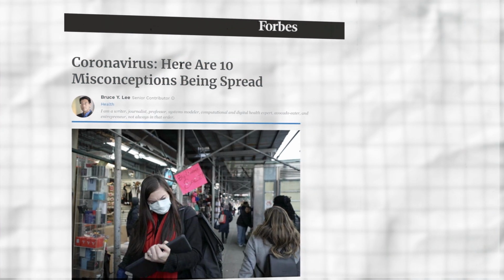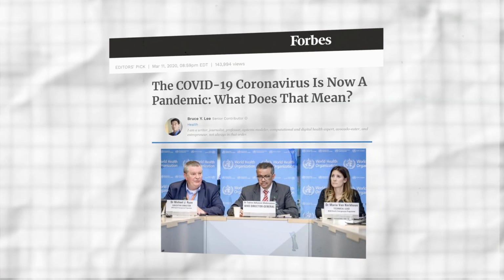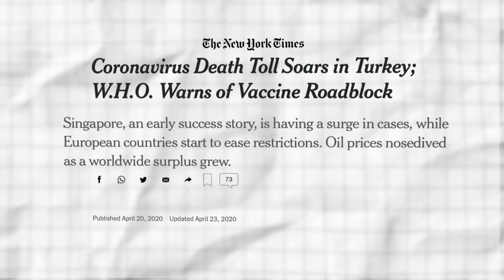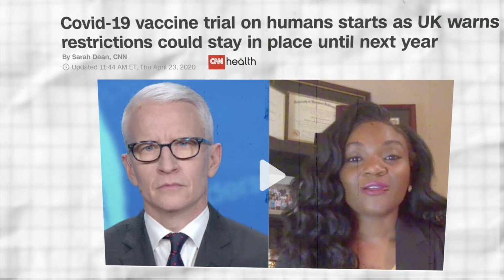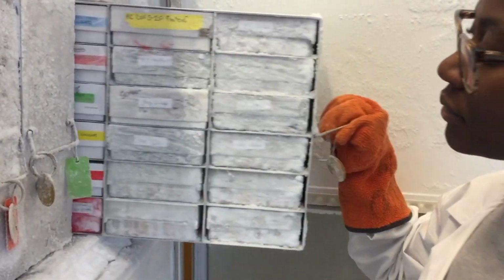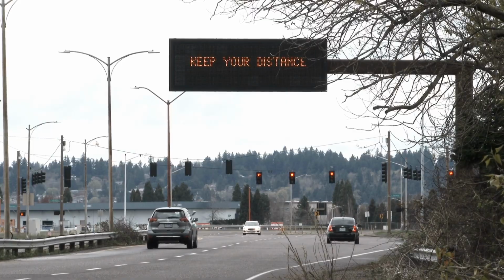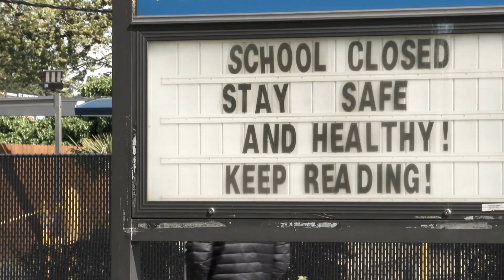As the novel COVID-19 coronavirus continued to spread in early 2020, it became apparent to leaders around the world that vaccines against this pandemic were needed, which resulted in numerous accelerated development efforts. Some were touting vaccines would alone allow society to return to normal without the need for any more social distancing